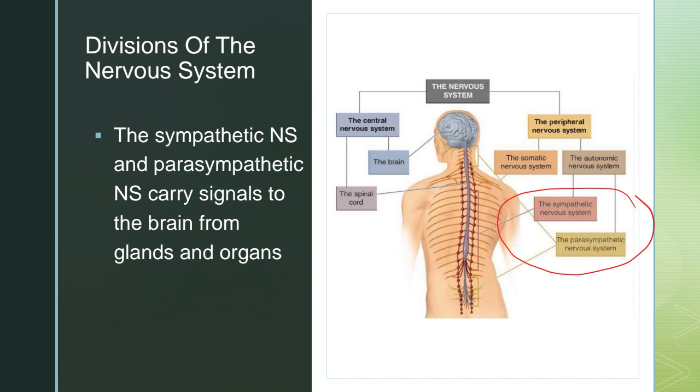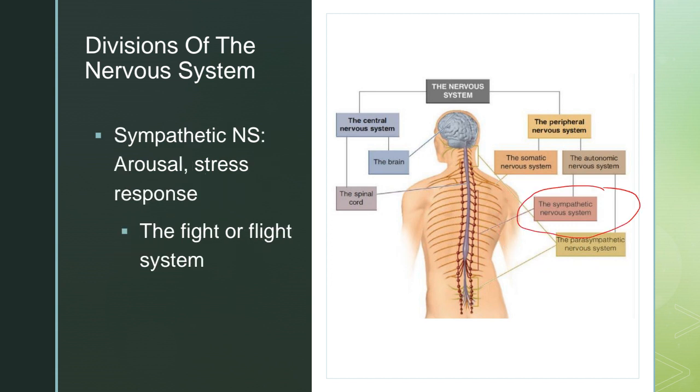So the autonomic nervous system, like I said, is divided into the sympathetic and parasympathetic nervous systems. And they transmit signals or commands to the glands and organs from the central nervous system, so from the brain and spinal cord. So the sympathetic nervous system activation. This one is important for a lot of things in psychology, because the sympathetic nervous system